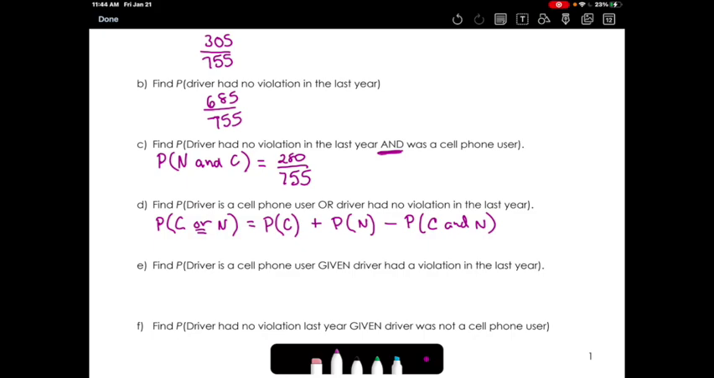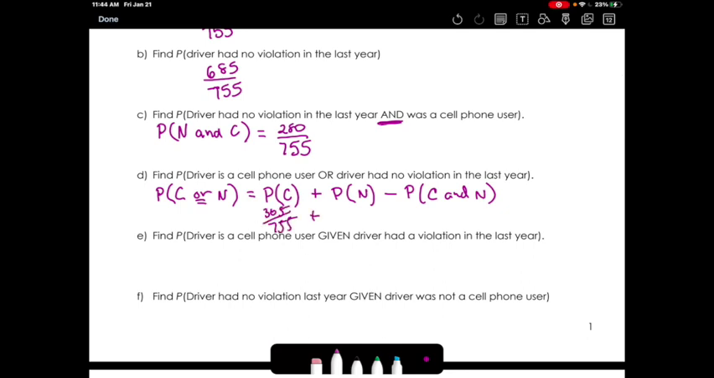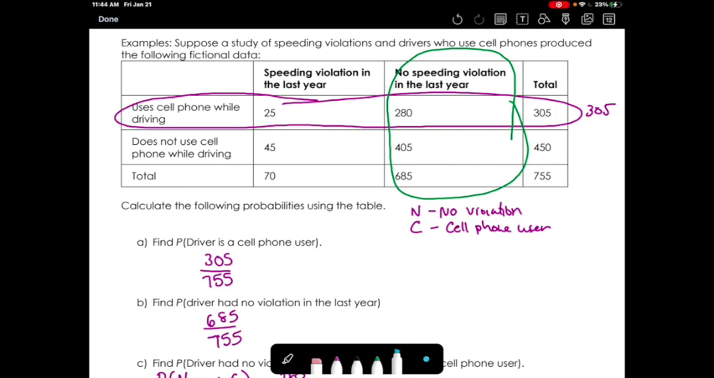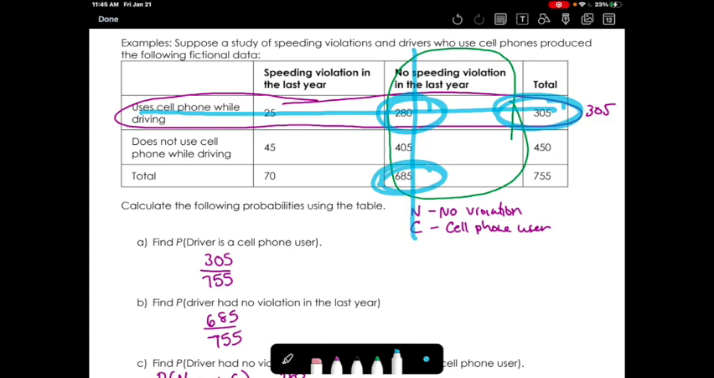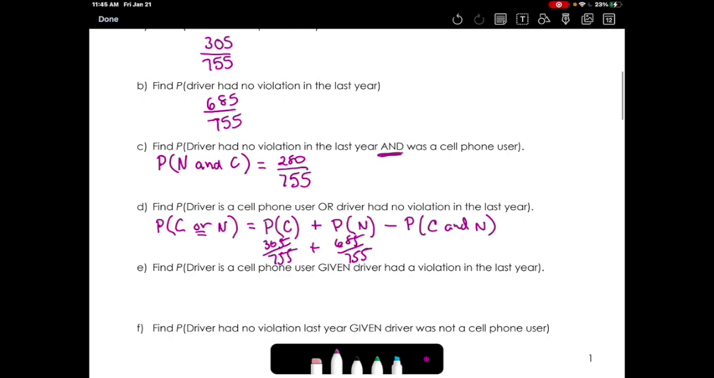So when I come down here, the probability for using a cell phone was 305 out of 755. We want to add that to the probability of not getting a speeding violation. So that was 685 out of 755. But if you look, when we counted that data, we counted this 280 twice. We counted it in the group of people that use cell phones, and then we also counted it in the group where they didn't get a speeding violation. So 280 was counted twice, and that is why, and this is a good visual representation of why we subtract